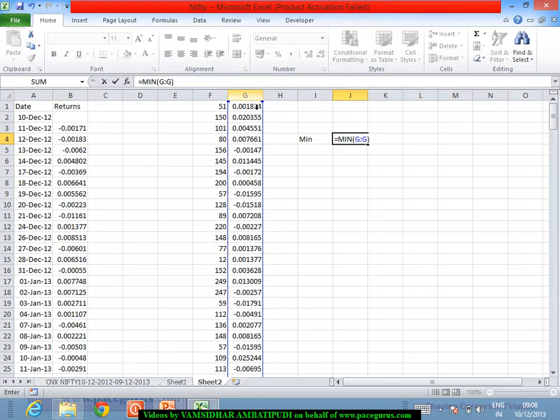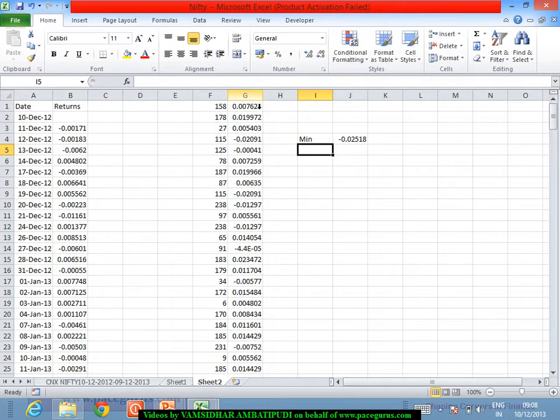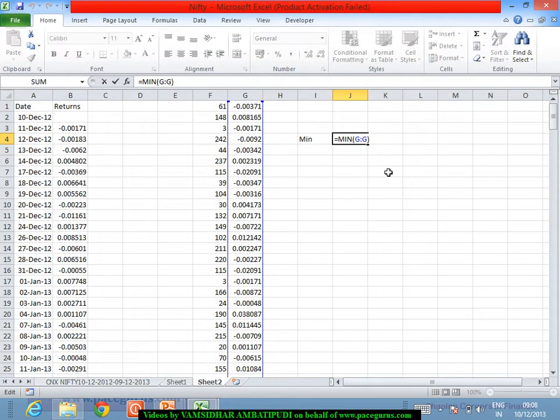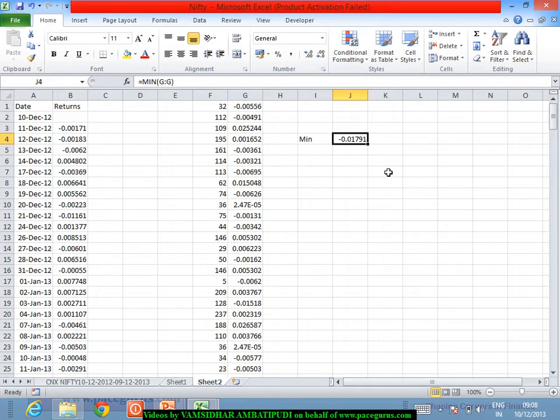So the minimum value is around 2.518%, and that is my 1% VaR. But if I repeat the same experiment again, I get 3.77%. If I repeat it again, I get 4.08%. Again 4.08, again 3.77, but this time 1.79.